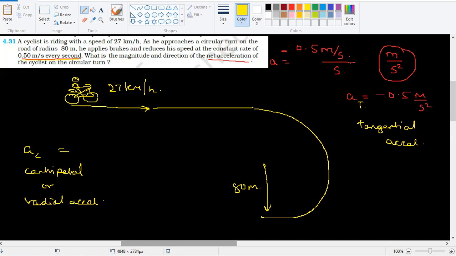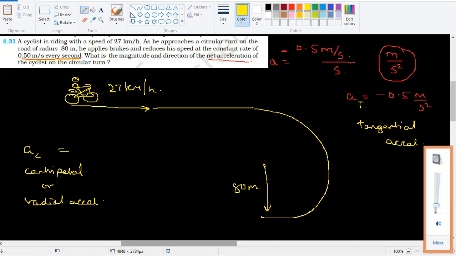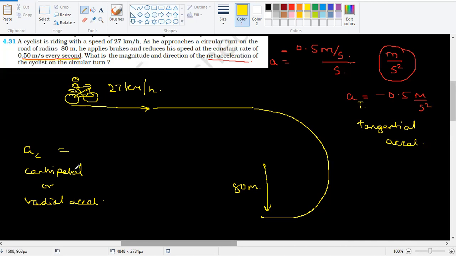What did you say? I can't hear you. V square by R. Yeah. So centripetal force is mv squared by R. Centripetal acceleration will be V squared by R. So V is, as you enter here, you are going at a speed of 27 km per hour, which means if I convert this to meter per second,